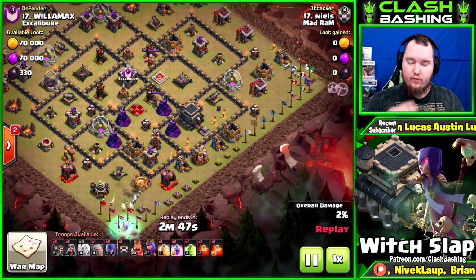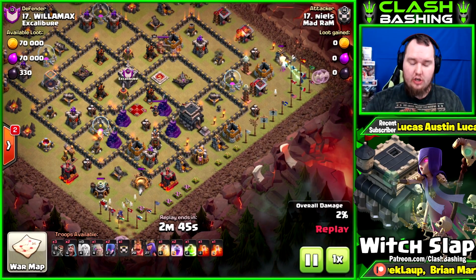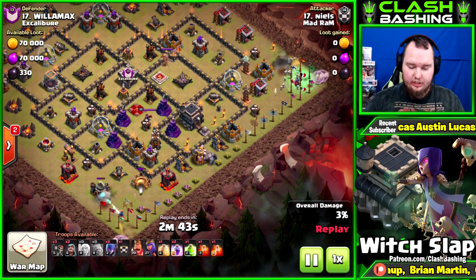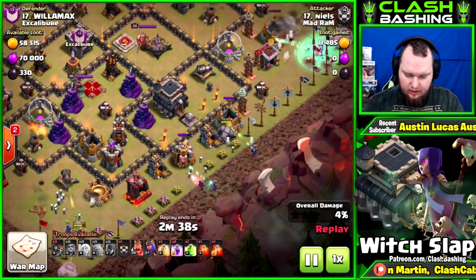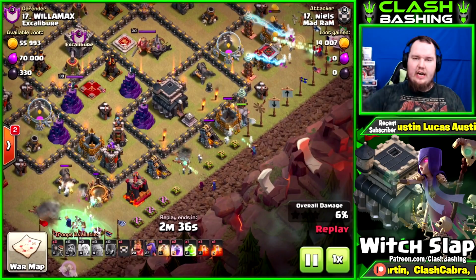So witches in the corners, 4 witches in each corner, the 2 healers on top of it. I mean, that's pretty standard for Witch Slap. Get that golem right up the center, work that funnel, and just get everything going. I like what he does with the witch and the wizard kind of on either side of the golem, but